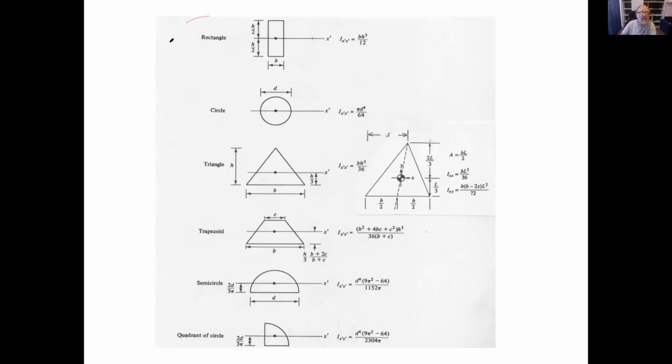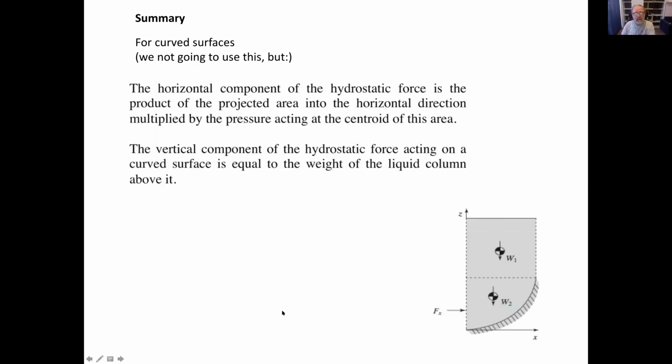I mentioned that before. This is what I'm going to use. These are also simple, but it's too much algebra. Okay, I'm going to save you from that. Then, this one I'm usually not going to use for curved surfaces, but this is a remark that if you're going to hit a situation when you need to come up with a quick calculation about the forces, so suppose on a curved surface,